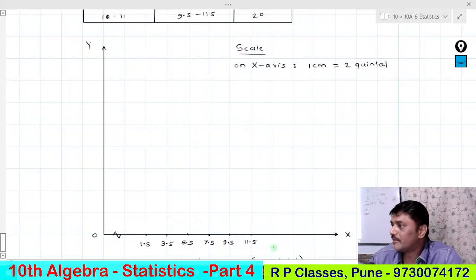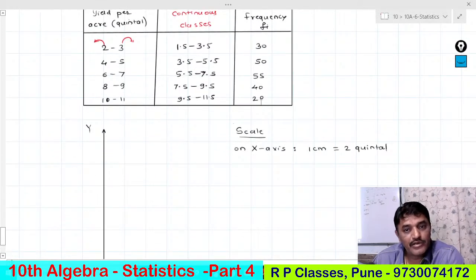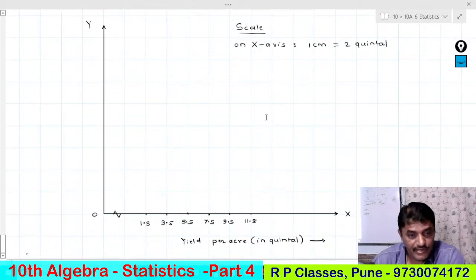Because this is measured in quintal। On y axis now what I want there 1 2 3 4 डायरेक्ट में लिखूंगा नहीं, 10 20 30 40 50 ऐसा लिखना पड़ेगा। So I'll say take this as 10, this is 20।